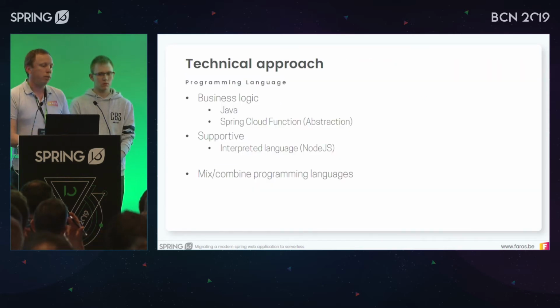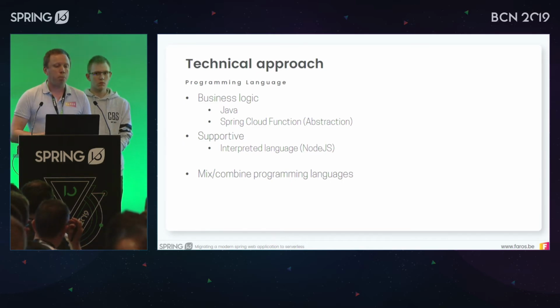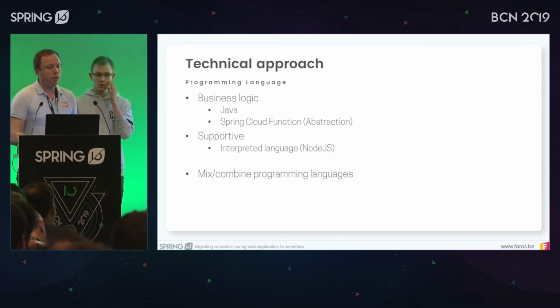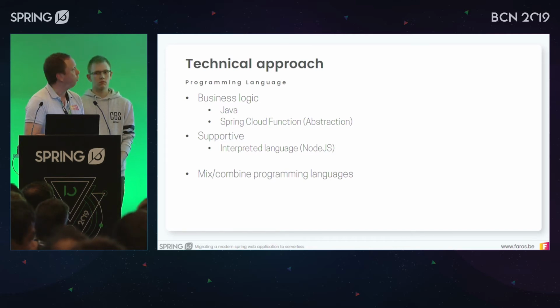Then we had to think about the programming language. The application itself was written in Java with Spring technology. So our initial idea was also, let's not try to complicate things any further, and so let's also start using Java. That way we can also reuse some of the code very easily. And also because we wanted to use Spring technology and Spring Cloud Functions in particular for this one. We did switch a little bit towards the supportive services, because those functions we have written in Node.js.